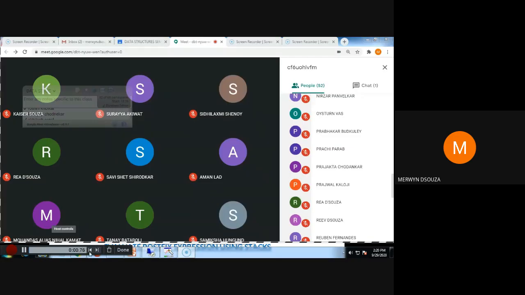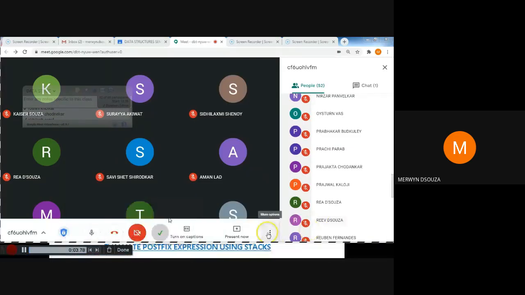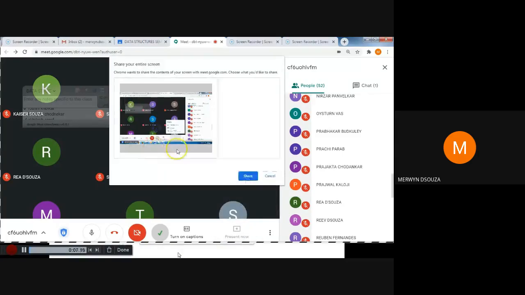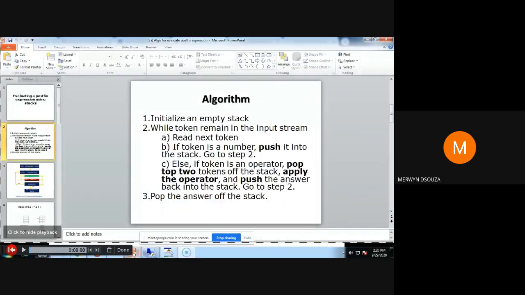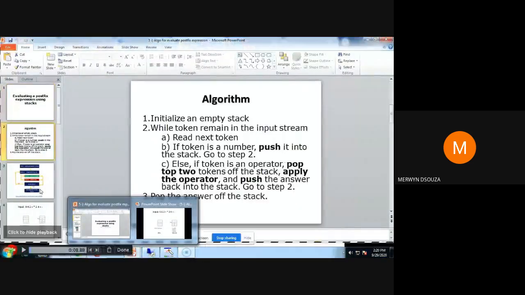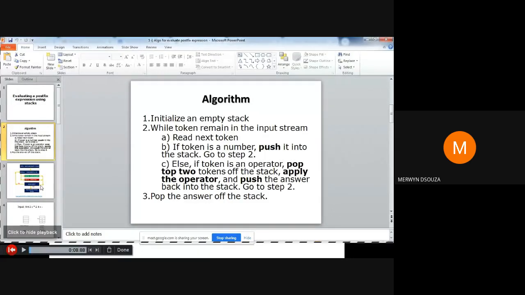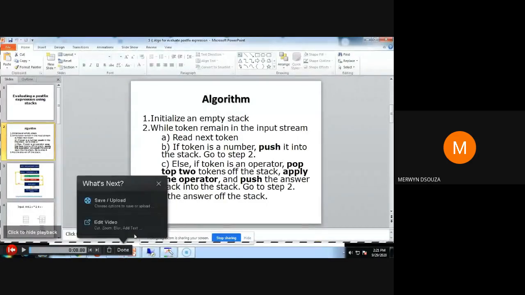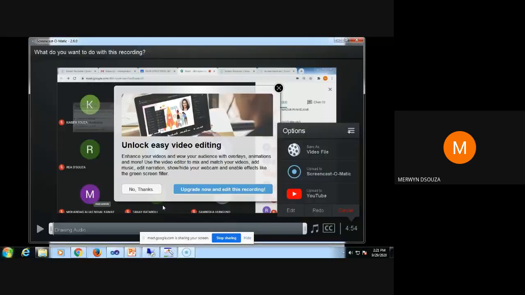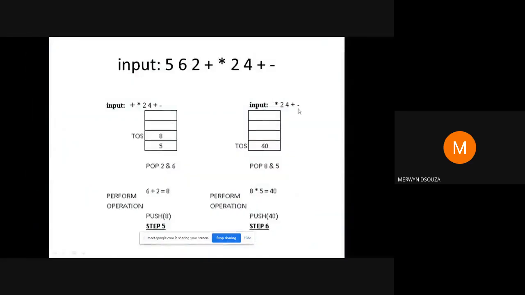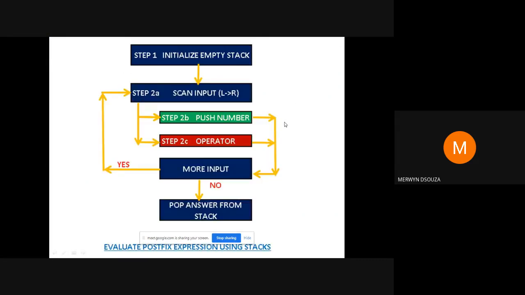Okay, so I'll continue. So this is what you have been drawing.